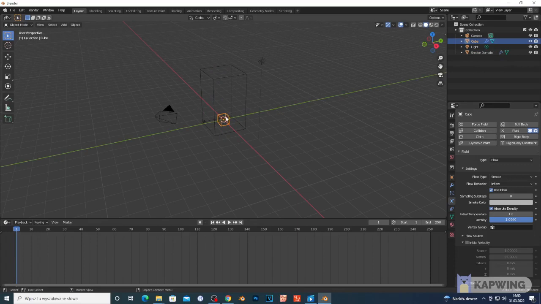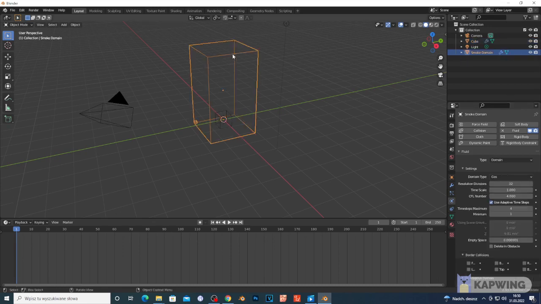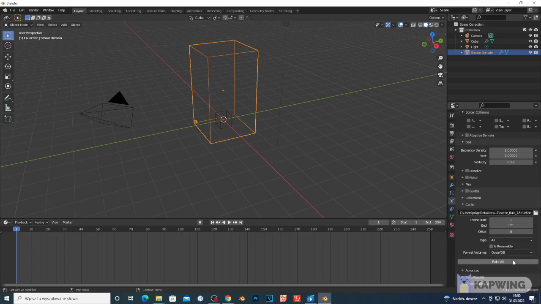I'm gonna select my cube, and basically this tree works for fire simulation and fire and smoke, and I'm gonna show you the difference a little bit, what you wanna do on the shader editor. So I'm gonna just select my source right here, this cube inside this domain cube, and right here from the smoke I'm gonna choose maybe fire and smoke. That's it. I'm gonna select my domain cube once again, and right here on the cache all, I'm gonna just bake this, bake all,